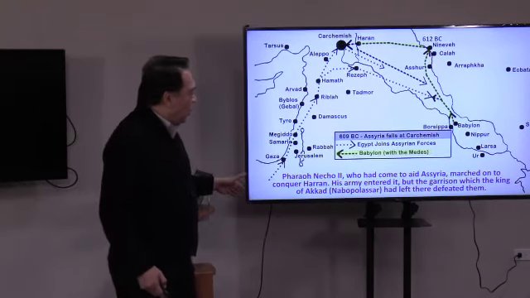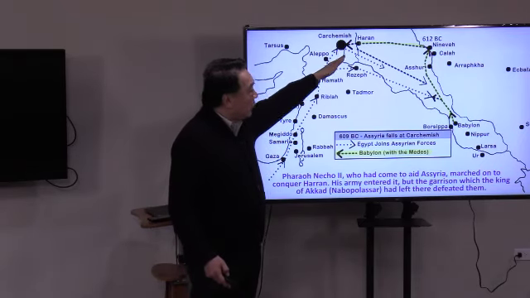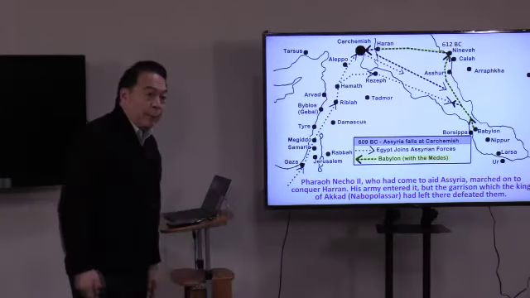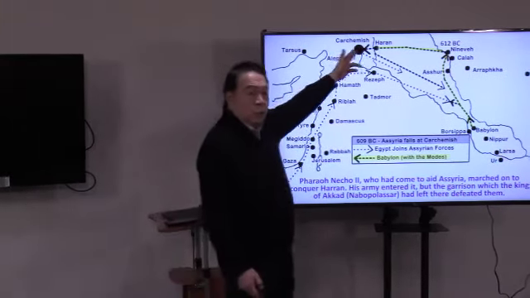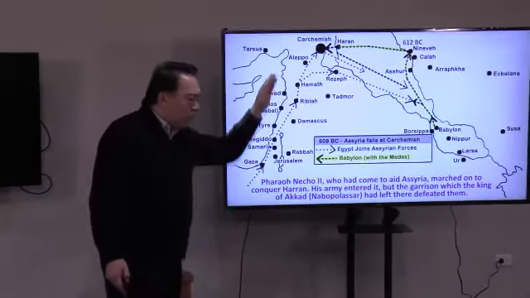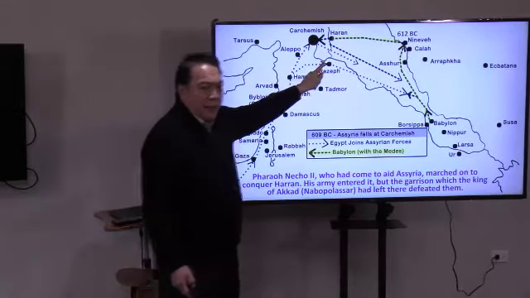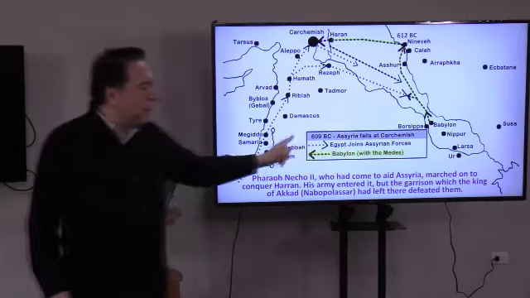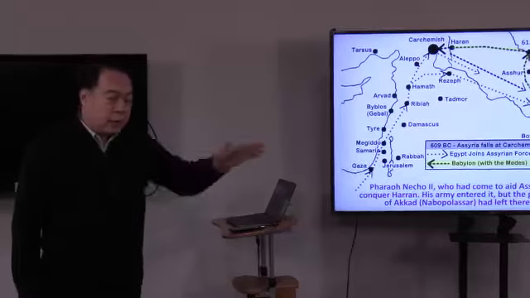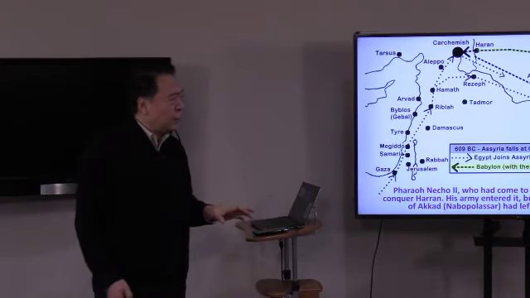So Pharaoh Necho went all the way up to Haran to help defend the Assyrians against the Medes and the Neo-Babylonians. But you know what happened? It failed. They couldn't overcome the garrison that Nabonidus put in there. So at about 609 BC, Haran fell. And Haran fell in 609 BC, signifying the rise of the Neo-Babylonian Empire. And then you add 70 years to that, you end up in 539. That explains the 70-year prophecy of Jeremiah.